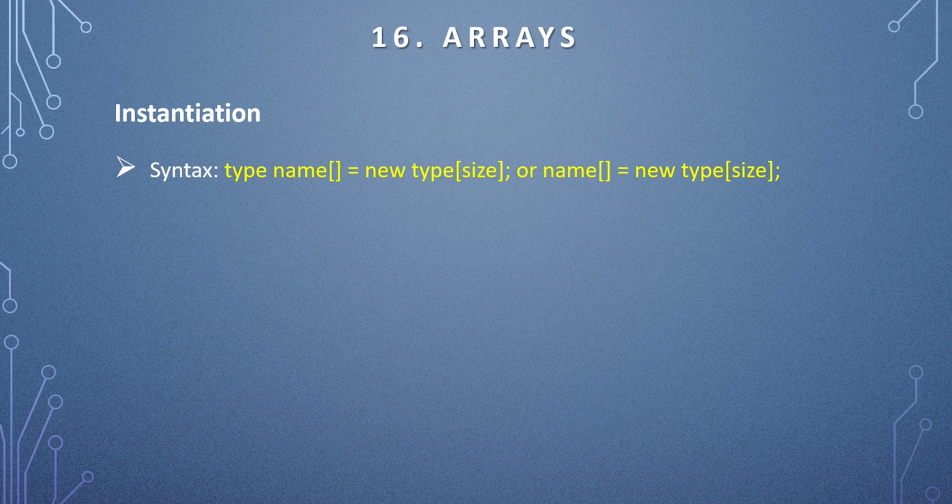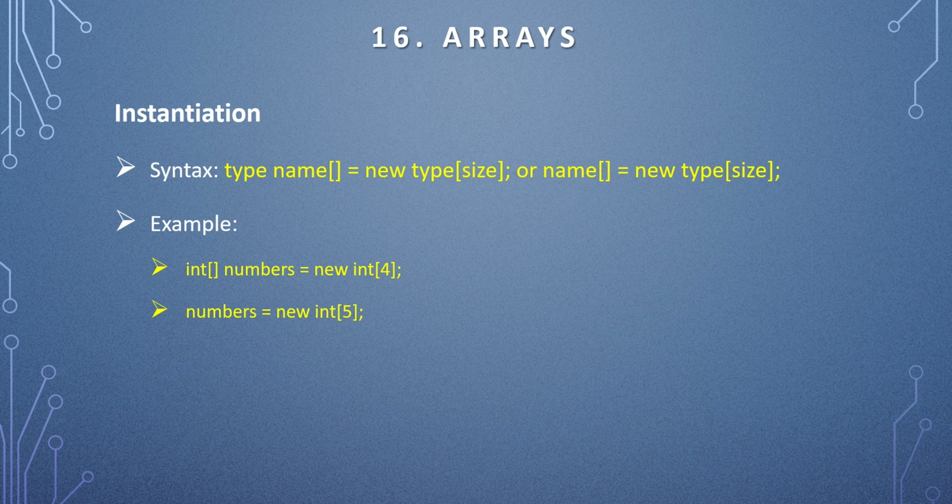After declaration, to instantiate an array, the syntax is: type name square bracket equal to new type square bracket open size square bracket close, or name square brackets equal to new type square bracket open size square bracket close. Examples: